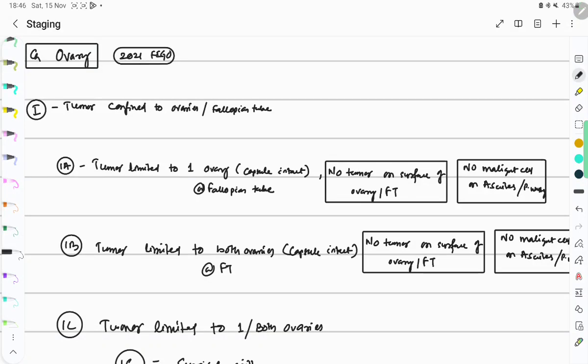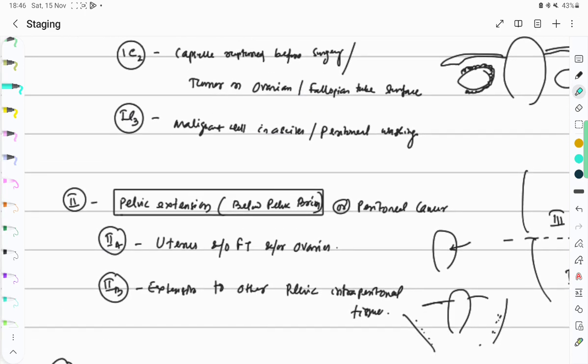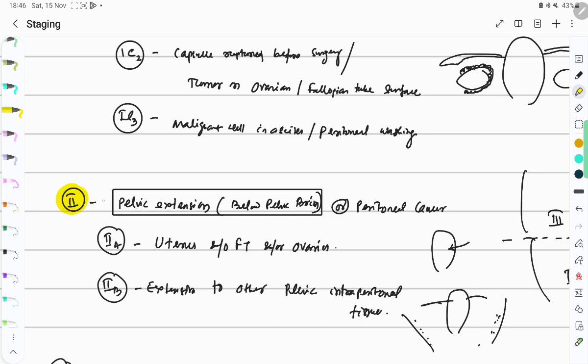So now we'll discuss staging of ovarian cancer. This is the 2021 FIGO staging. Broad headings: Stage 1 is tumor confined to the ovaries or fallopian tube. Then stage 2 is tumor confined to the ovaries or fallopian tube along with